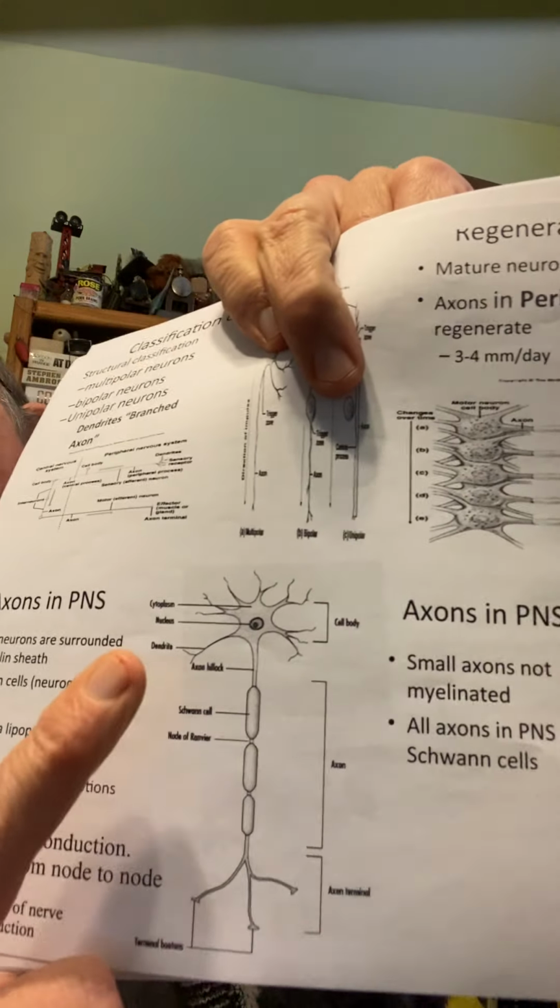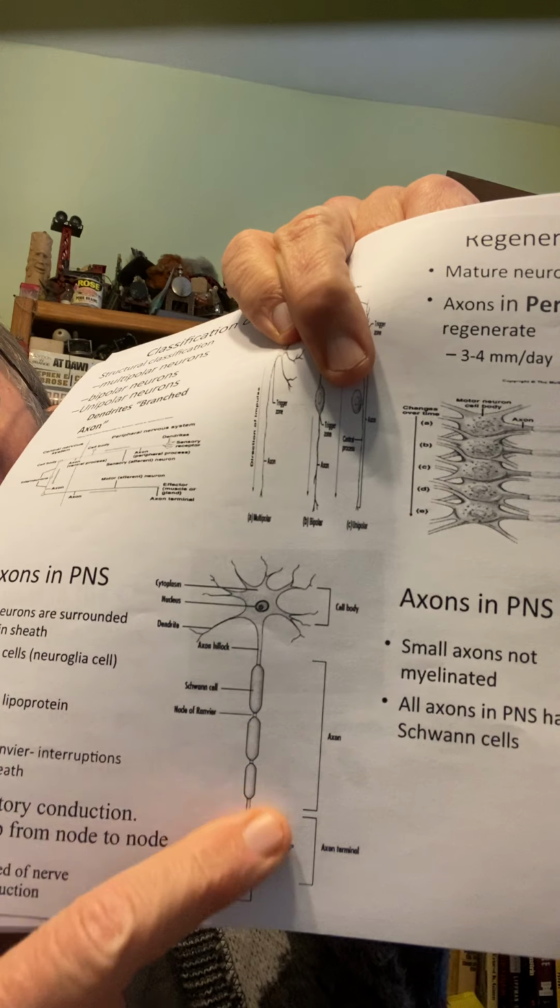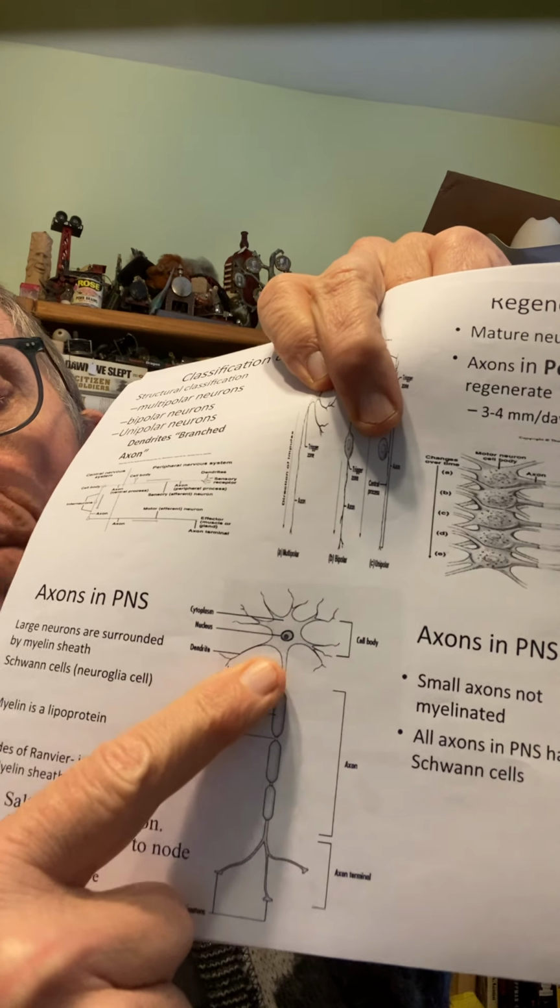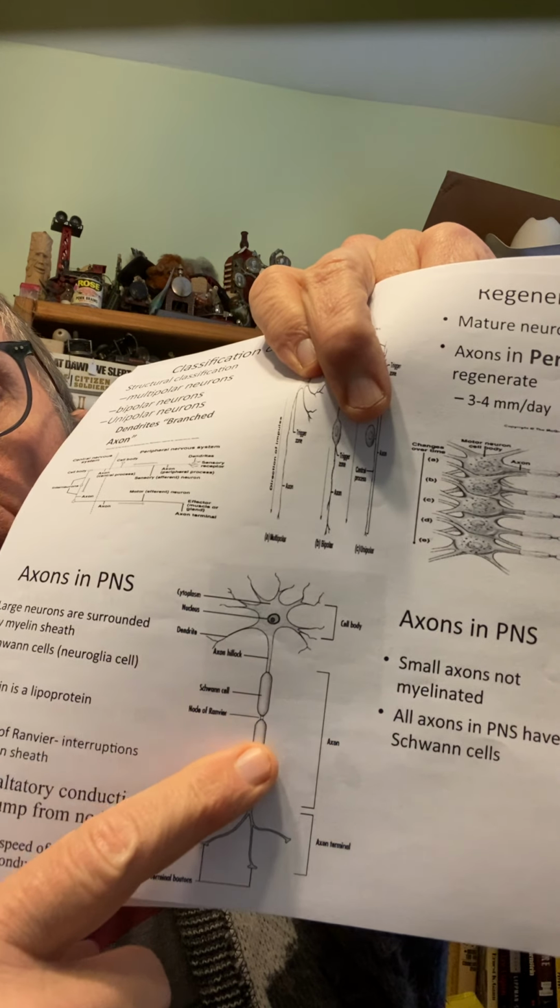For some reason there's no bump there, but this is the place where the minus 55 threshold happens. It's where all the magic happens, at the axon hillock. So if you look at it again, it's right there, and here is the axon. So the nerve impulse is going to start here, and it's going to move down to the end of the neuron. And this is where that minus 55 is going to pop open